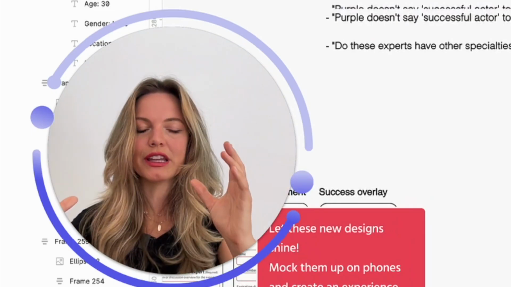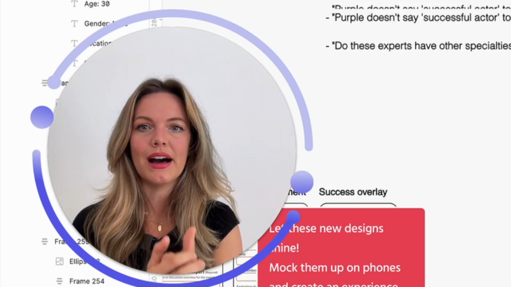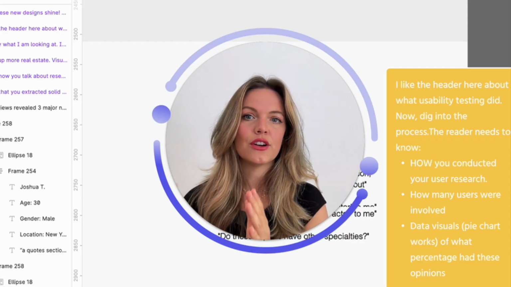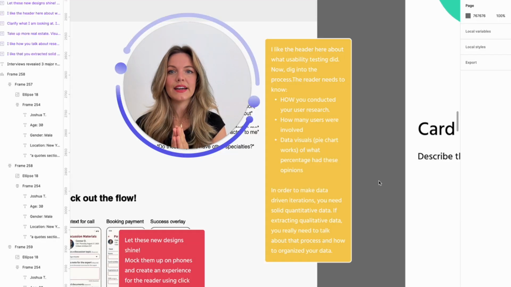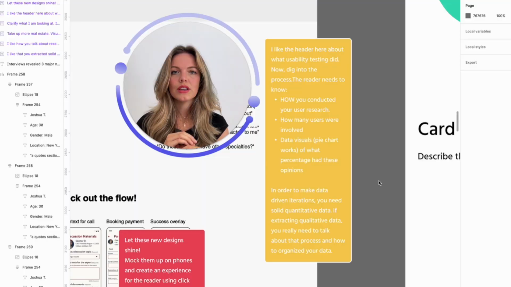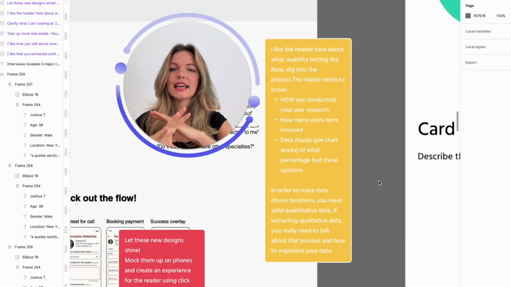So that's why you really need to tell this process. Give me the why behind the decisions that you made. In order to make data-driven iterations, you need solid data. This can be quantitative data, qualitative data, or a mix of both. You really need to talk about the process and how you reached your decision, and if it is qualitative data,